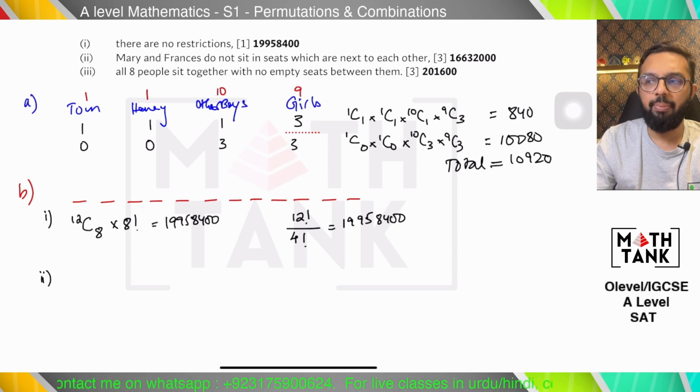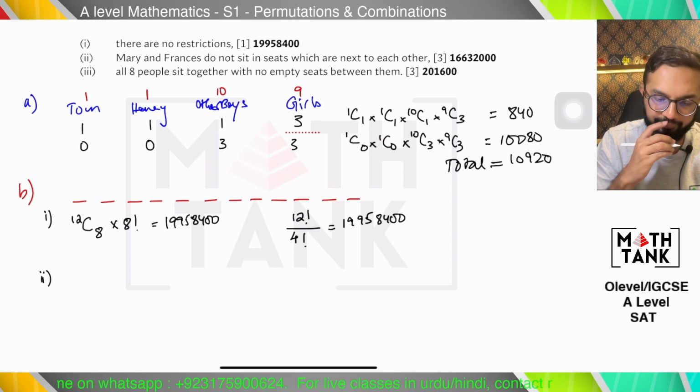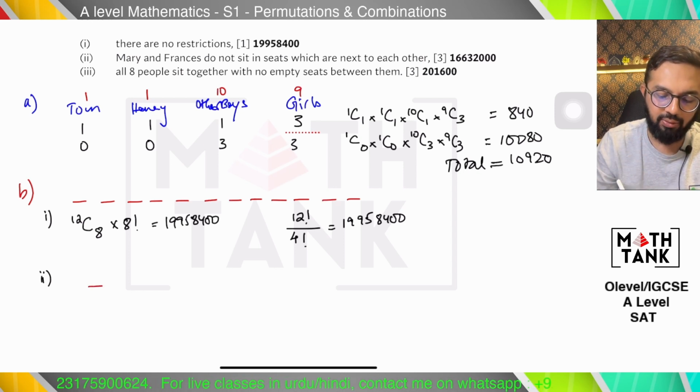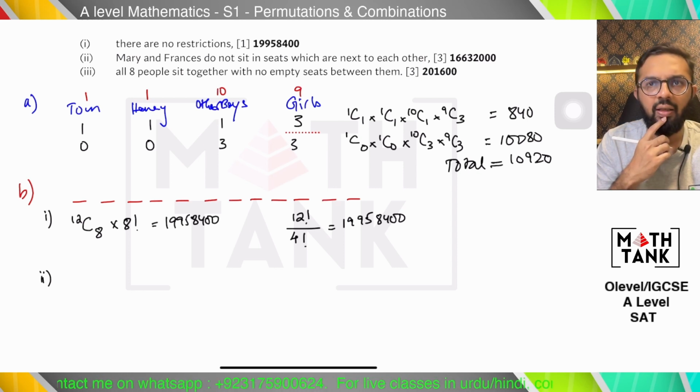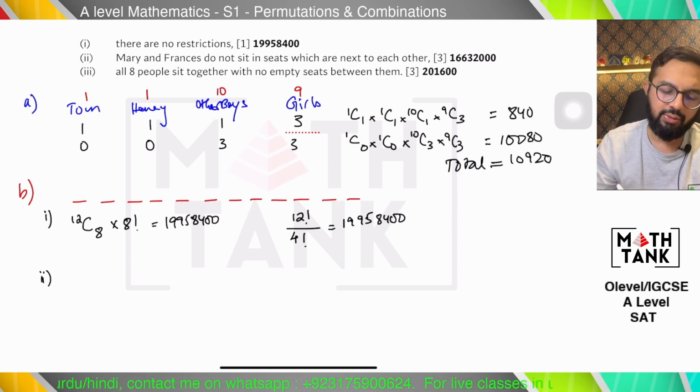Whenever you want to separate two things or three things or four things, what you need to do is learn the arrow method. What is the arrow method? What happens is that there are 8 people who want to sit. I think the better way of explaining this question would just be to subtract, because there are too many empty seats and I'll get confused when I am talking about empty seats. So it's best to just do